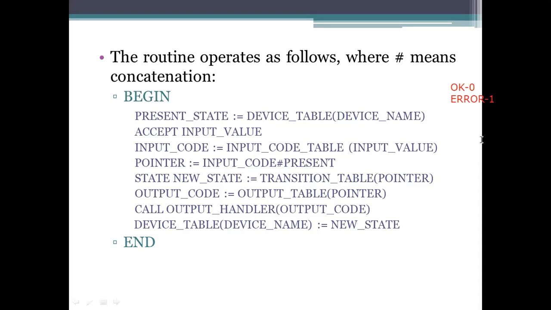Okay, if it is OK only, then I need to perform none. And what is the transition here? The transition here is that it stays at its own state only. And what is the output here? The output here is that there is no need to perform any action, go for the next processing. It reaches the first state. Then we need to read the next device and process it.